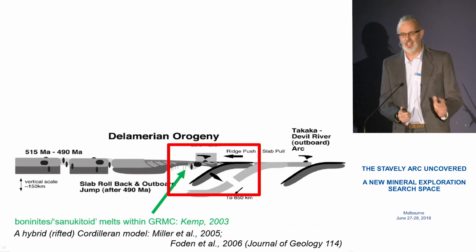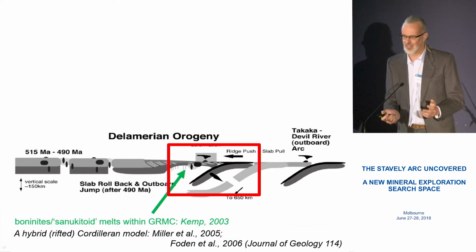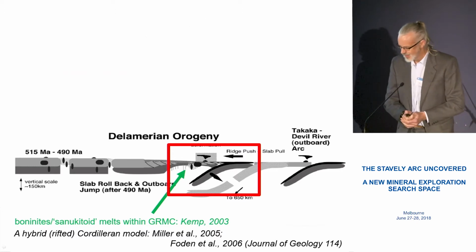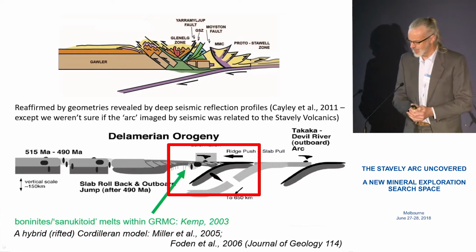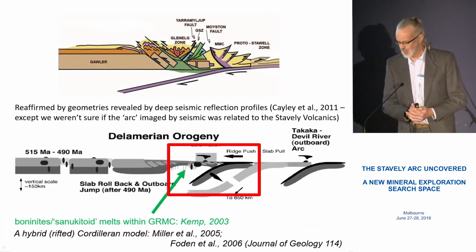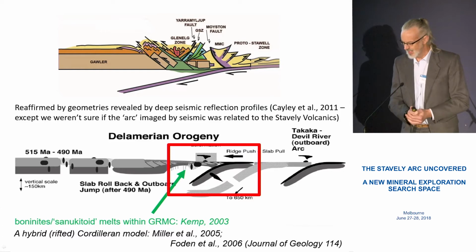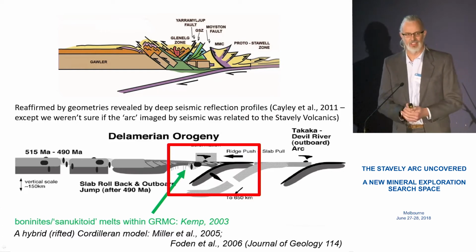And those sorts of rocks have to be in a super-subduction zone setting, so it tells you it's a continent-dipping subduction zone again. And that's sort of what we were finding with the seismic as well. So we were looking at the geometries revealed by the deep seismic, and we thought, yeah, this looks like an Andean sort of system, except we weren't actually sure if the arc that we imaged by the seismic was even